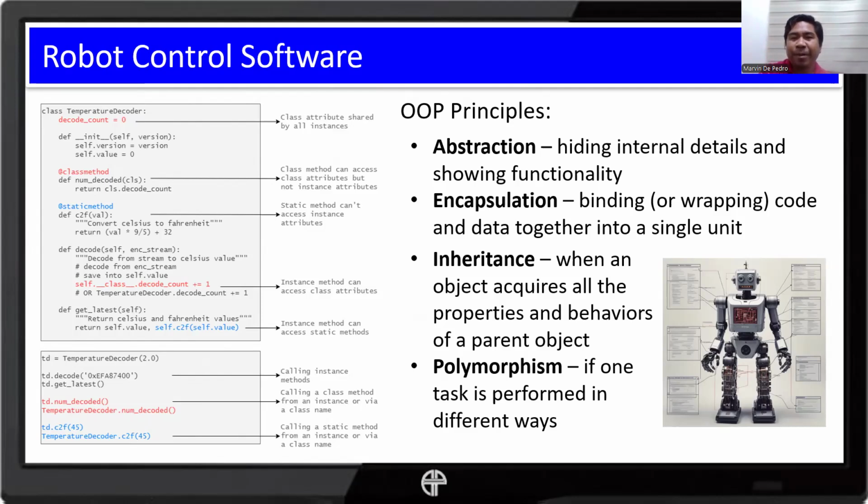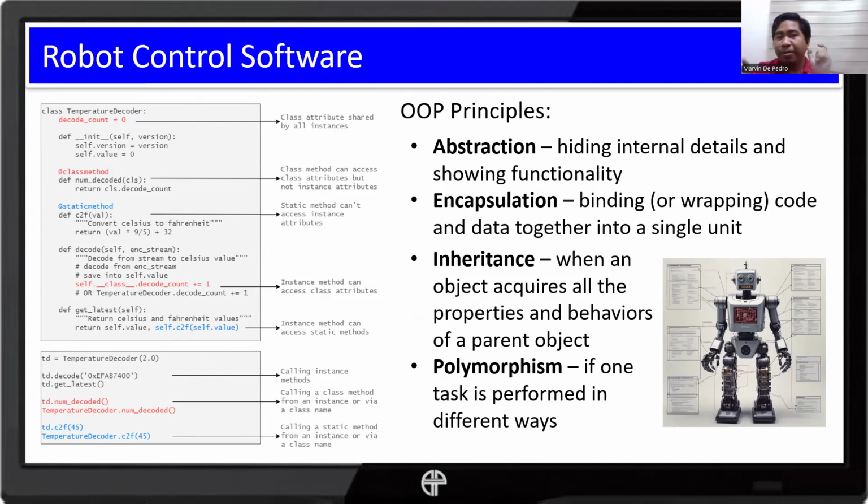Lastly, we have polymorphism, wherein one task is performed in different ways. For example, we can make use of the same method for different classes. For the class of sensors, when we use the method level up, that could mean something different if your class actuator also has a method called level up.